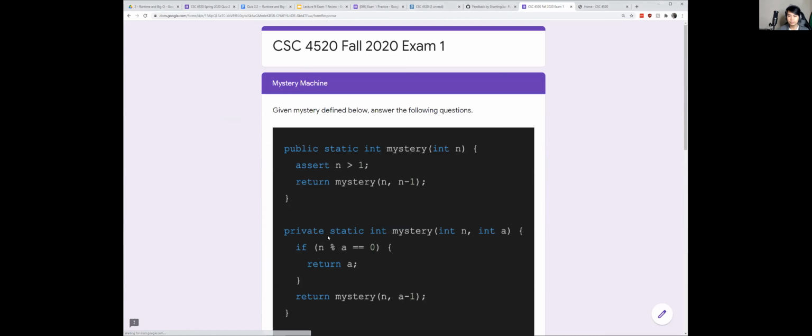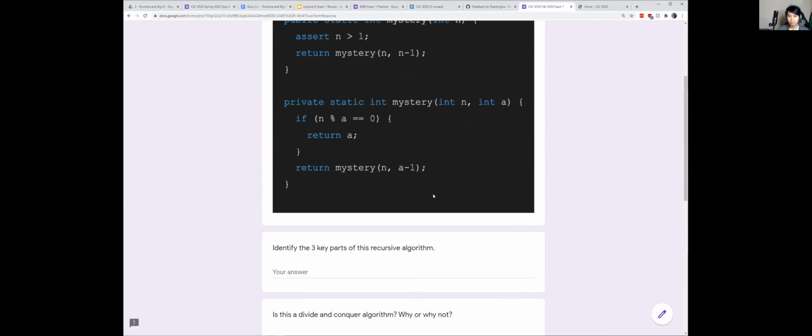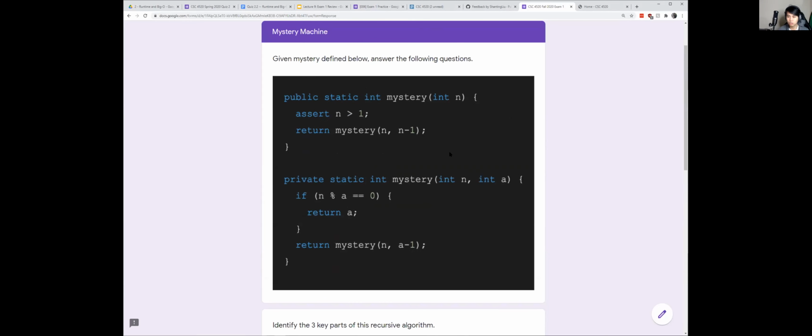All right, moving on. This is the one that might be a little bit tricky. So we have this function called mystery. In fact, there's a function and a helper function. Right? So the first thing you need to observe